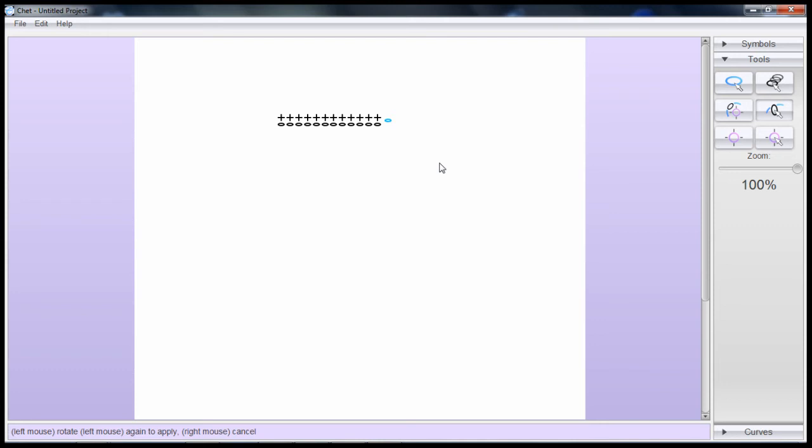So R, make sure we're in rotate mode, and just like translate mode, you click and then you move the mouse and it'll rotate up or down. You can move it left, or you can move it anywhere really. I just usually move it up and down to rotate it. It's just me. I think sometimes people have their chart straight and up close to the row, but for today I just like the way this looks at an angle,